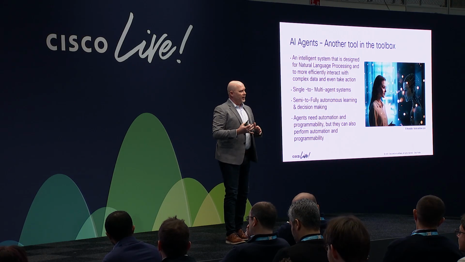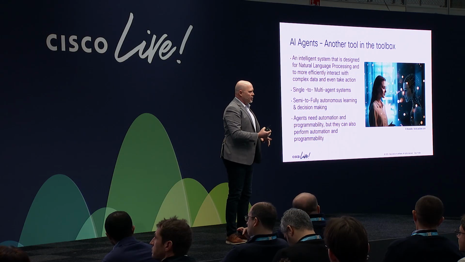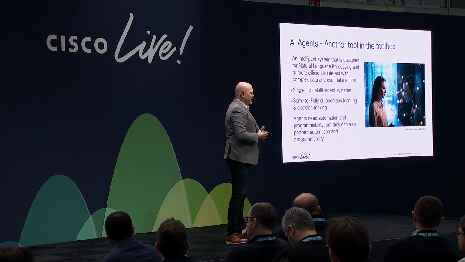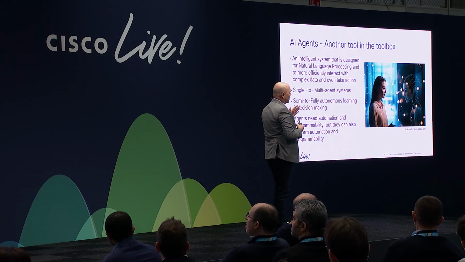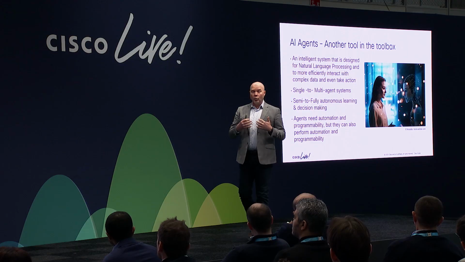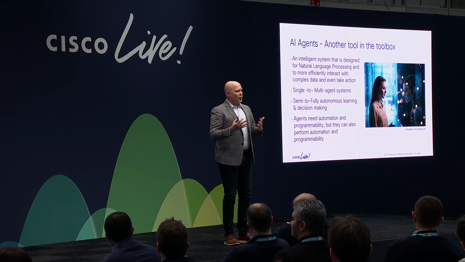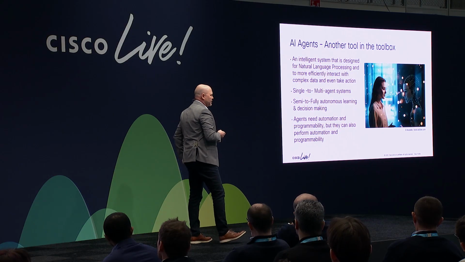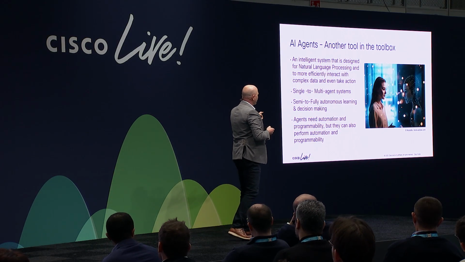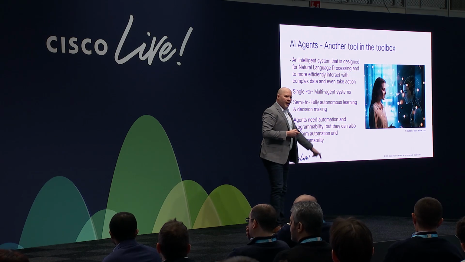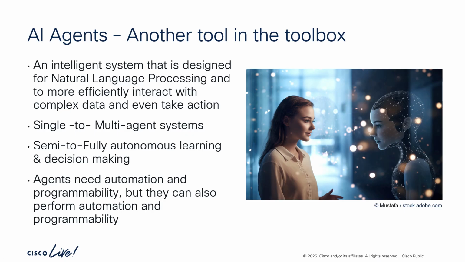They can be as simple as a single agent, but they're more often going to be multiple agents working in unison together. And the separator between them and assistants very often is the fact that they can autonomously not only learn, but update the way they do things in the future. And this is completely different than what you would have in a standard assistant environment. But what needs to be known in this group here today is that agents are just software, and we need to know how to automate them and manage them through APIs like anything else.